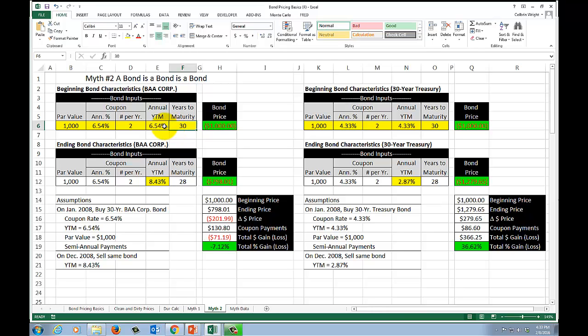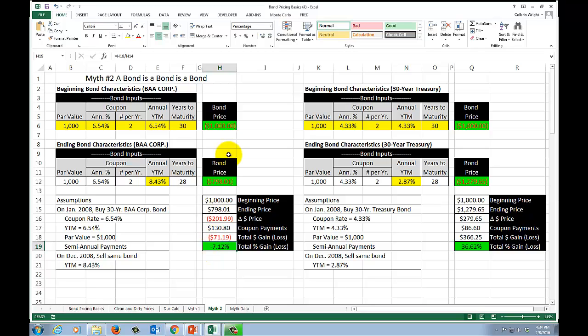Well, as the yield to maturity spikes because default risk panic is sweeping through the market, and this is a bond that is subject to default risk, your price is going to drop from $1,000 to $798. That's capital losses of $201.99. We net that against 2 years worth of coupon payments, and your total loss would have been $71.19. That represents a net loss of 7.12%. How would you have fared, however,